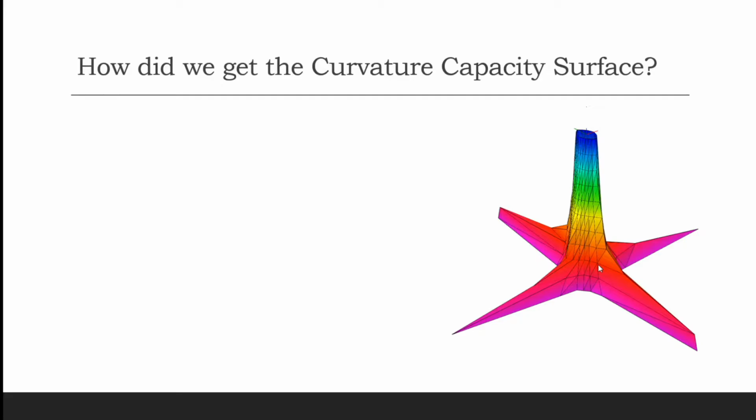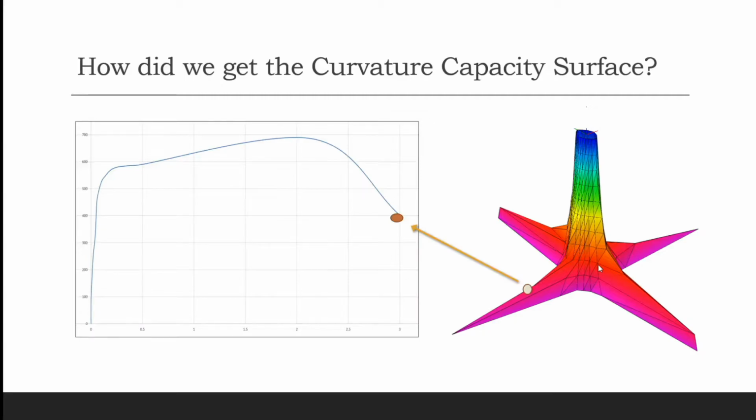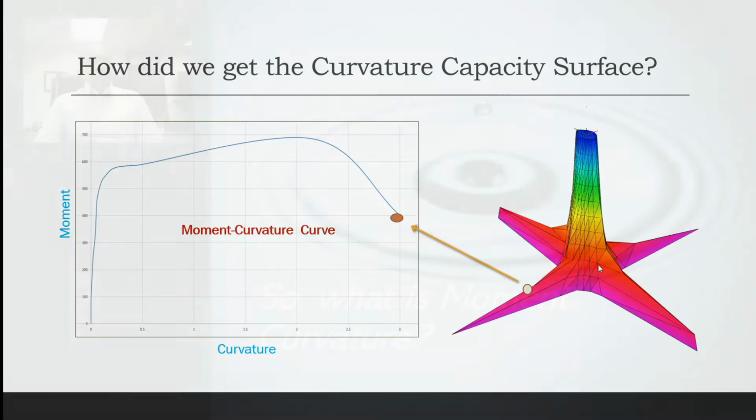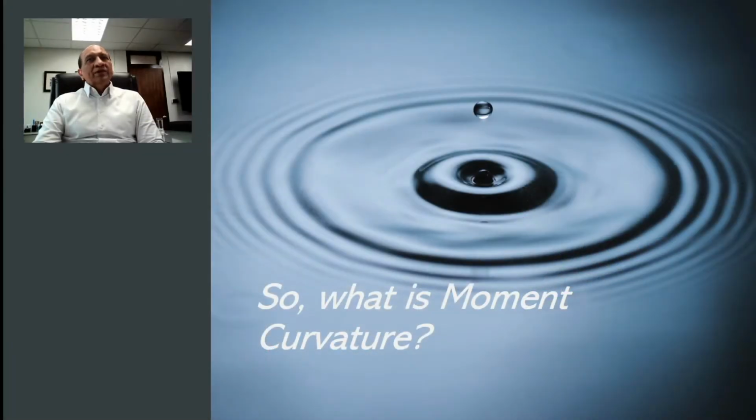Now, how did we get this curvature capacity? This actually is obtained by plotting the maximum curvature at any given point from the moment curvature curve. And that leads us to the understanding of the moment curvature curve itself that can be used to create this curvature capacity. Now, going into the moment curvature, we will see what this curve is all about and how it